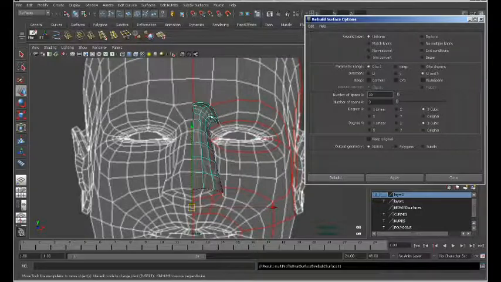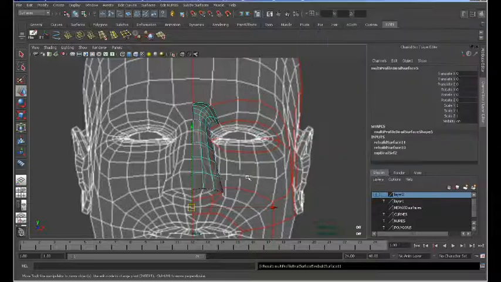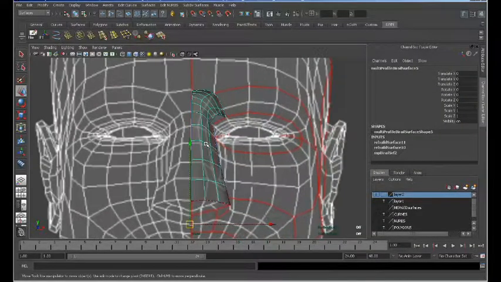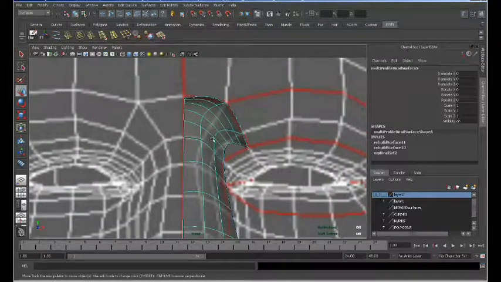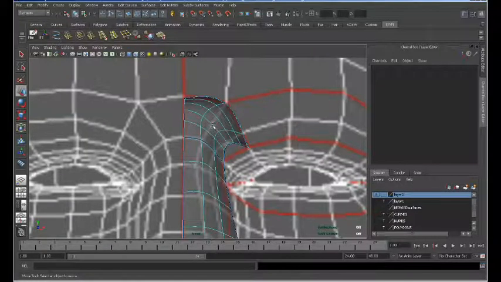It's much easier to come in here and delete the edge, the isoparms. So I've got a pretty reasonable matchup, at least down in the lower part of the nose, so I'm going to close that. And then I'm going to come in here and start to manipulate these a little bit. I can do that again with the isoparm tool. Come in here and